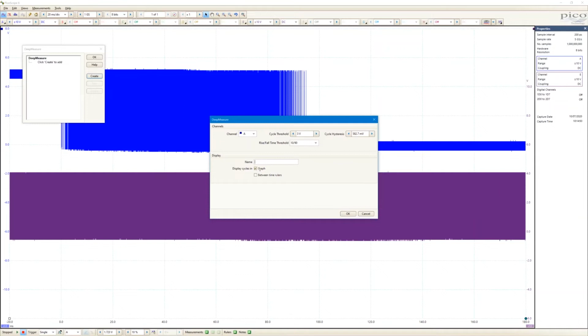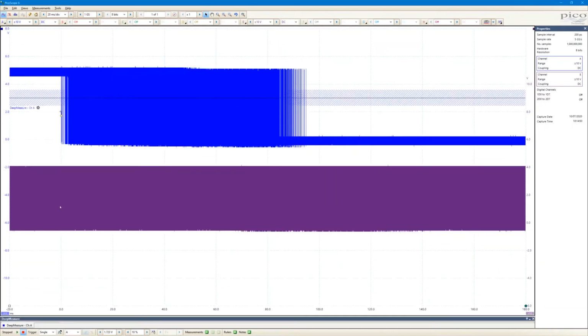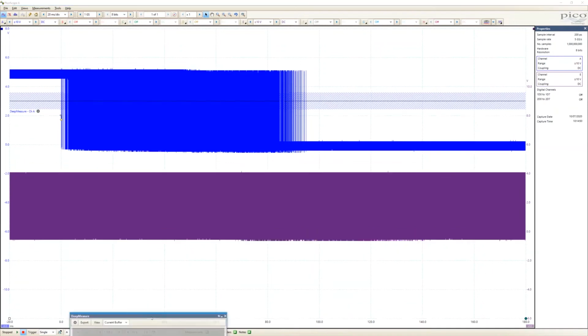And I want to display the cycles in the graph. So that's okay, I can okay that and that. And deep measure now is at work analysing every single one of those pulses that we started to look at in the previous area where we zoomed in.